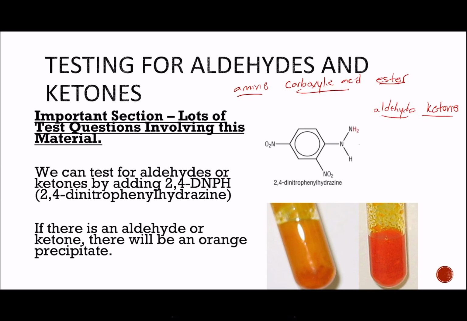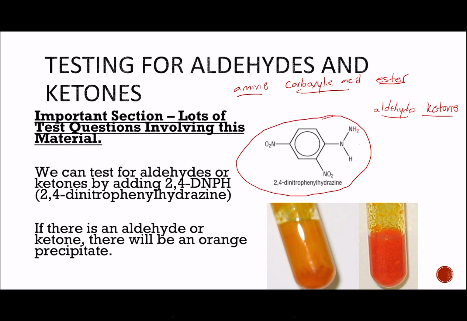So there are ways you could find out, but one of the ways to find out if that functional group out of all of these functional groups is an aldehyde or a ketone is to pour a small amount, a couple of drops of a solution of this large molecule,